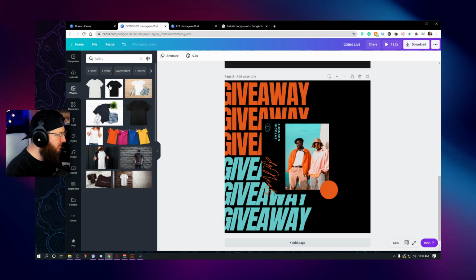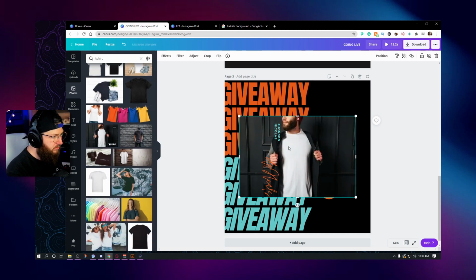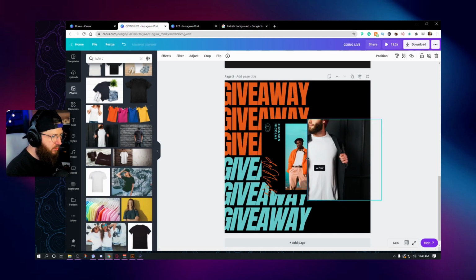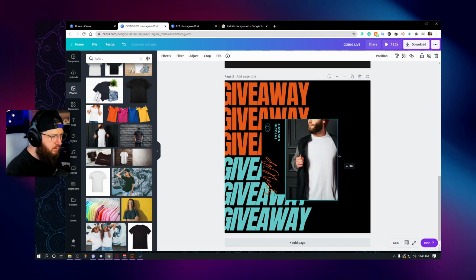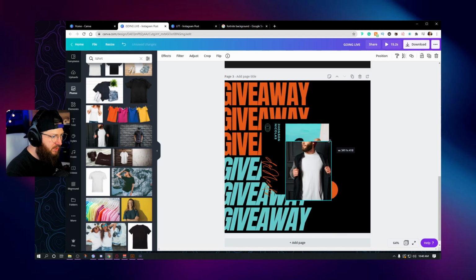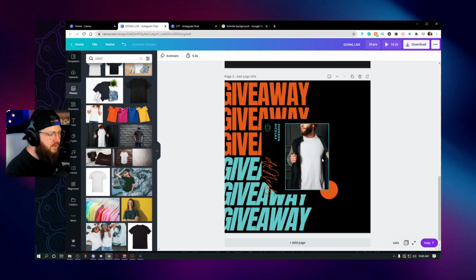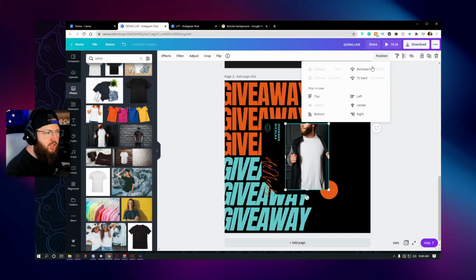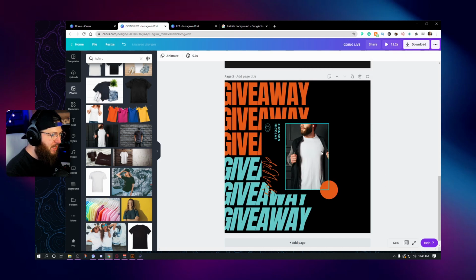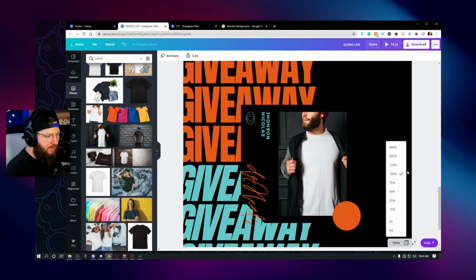So let's go. There we go. Now I'm just gonna crop this into the size I want. Size it down a little bit so we get about the right height. There you go. And you have something like that. And I'm gonna position it backwards so that it's behind this little orange dot. I'm gonna zoom in just a little bit, about 100%, maybe a little bit further,